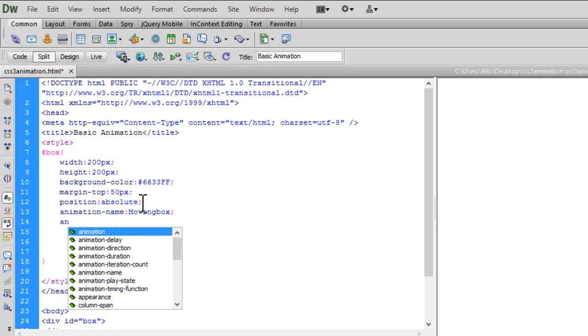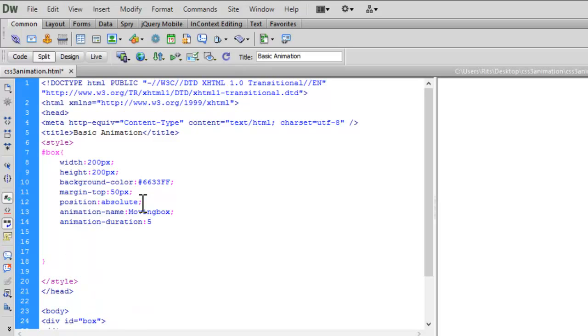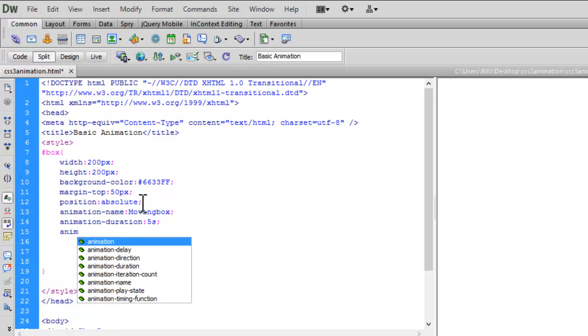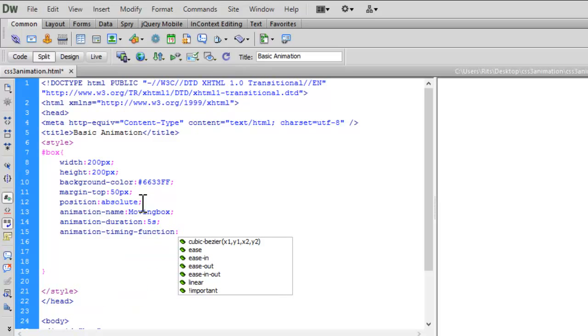Animation duration, I want is 5 seconds. Animation timing function, I want is linear, that is with the same speed.